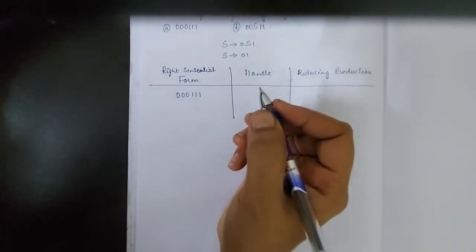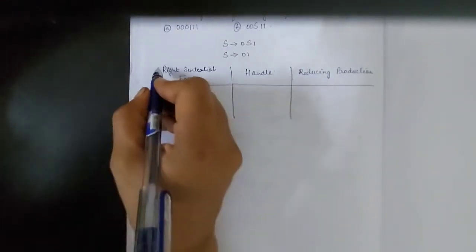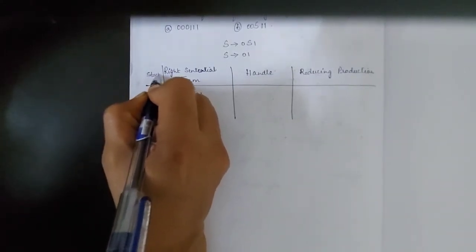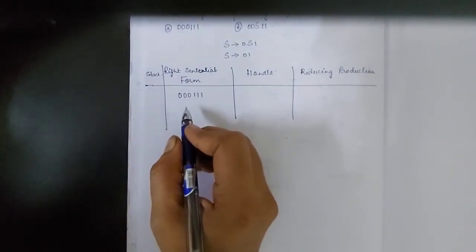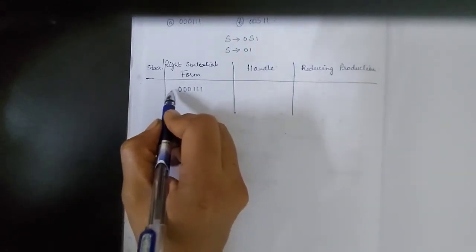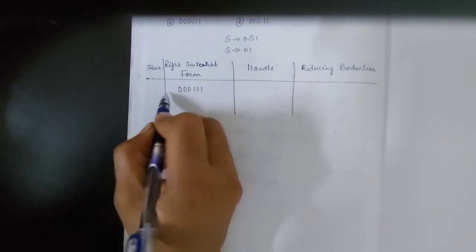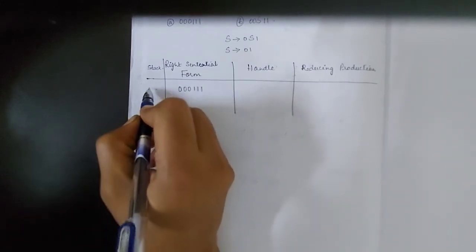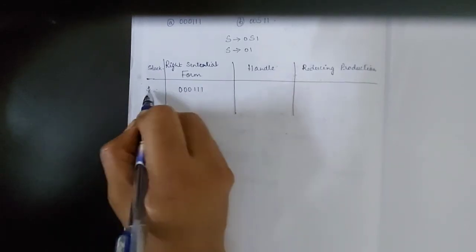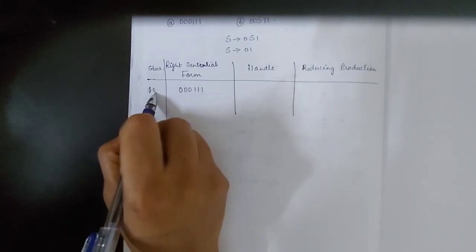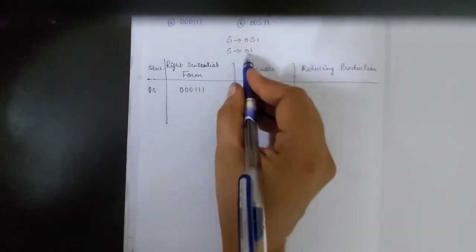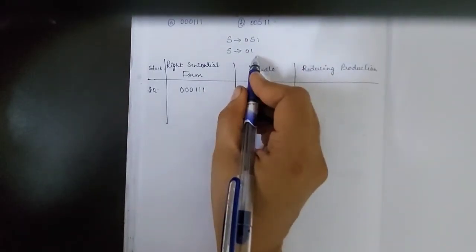This handle will always be used in the bottom-up parsing method. There we will consider a stack. This is for our reference; it does not have to be drawn. It is not required, just for understanding purposes I have added another column. We will be shifting the substring of the input string to the stack. Initially the stack will contain only dollar. We shift 0 and check whether we can reduce it to the head of any production. Just 0 is not present in any of the productions in our grammar.